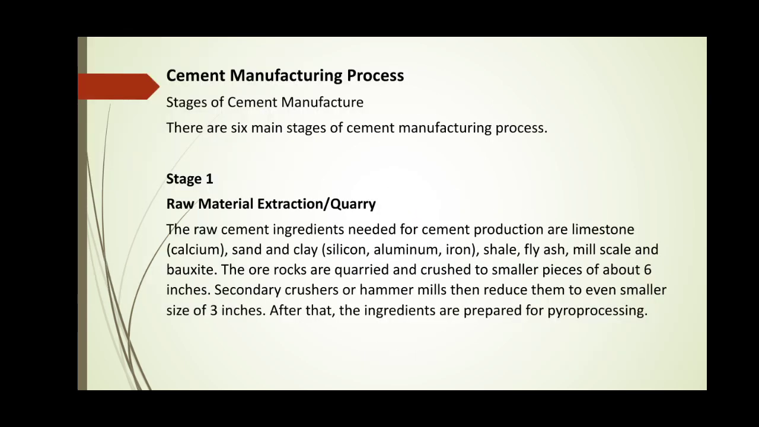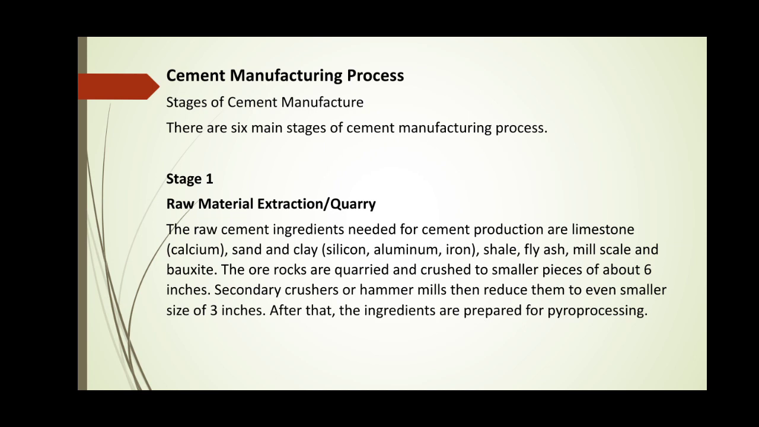Cement manufacturing process. There are various stages of cement manufacturing. There are six main stages of the cement manufacturing process. Since cement is a worldwide-use material and the consumption of cement also contributes to the development of a country, we have to study the manufacturing process of cement in detail so as to know how the quality can be improved during